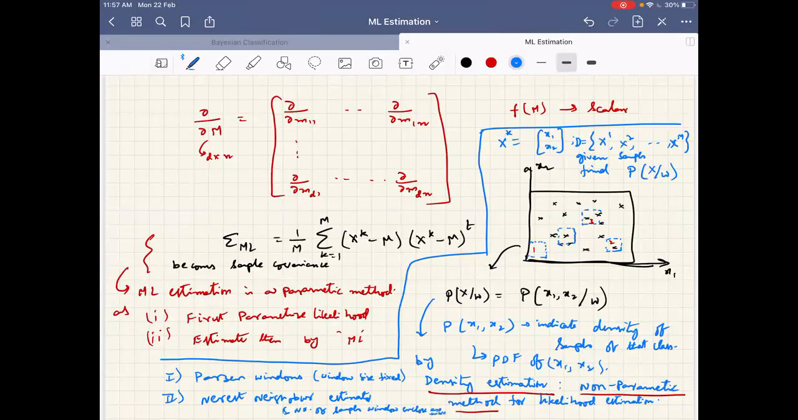So I will stop here. Let us resume the discussion in the next class. I request you to ask specific questions on this in the next class. I will clarify your doubts on density estimation or non-parametric methods for likelihood estimation. And then subsequently move on to another parametric method for density estimation, that is maximum a